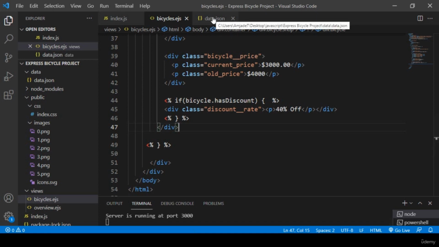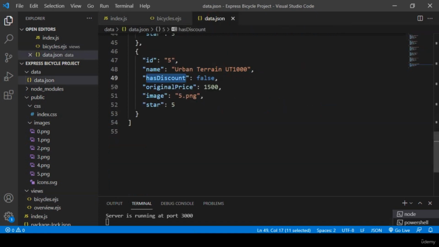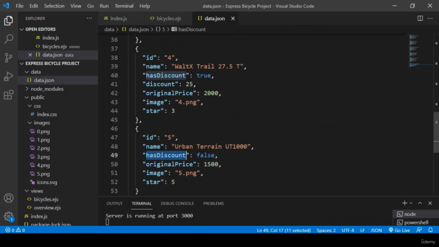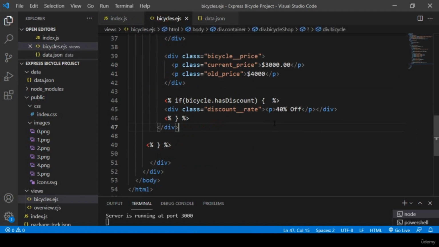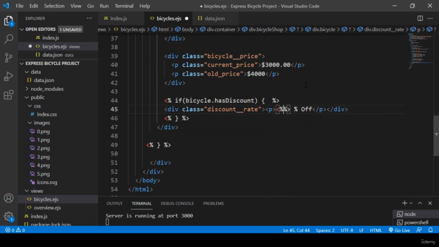If you go to our JSON data, that is actually our discount right here. That is actually have discount. You can see that is a discount amount. So this discount amount, now I want to make visible. If you want to display it, here I just make it dynamic right now. First of all, that will be an identifier, double percentage, and now every data in our